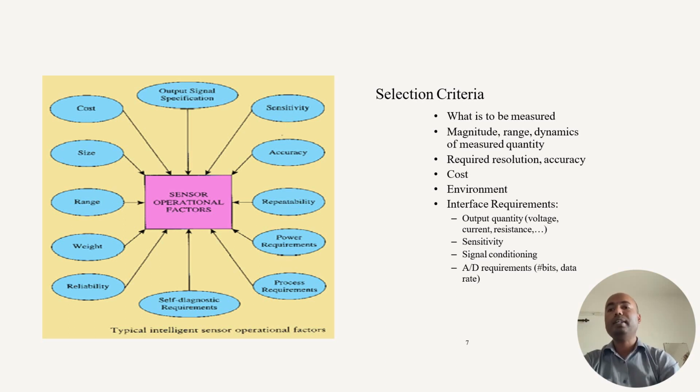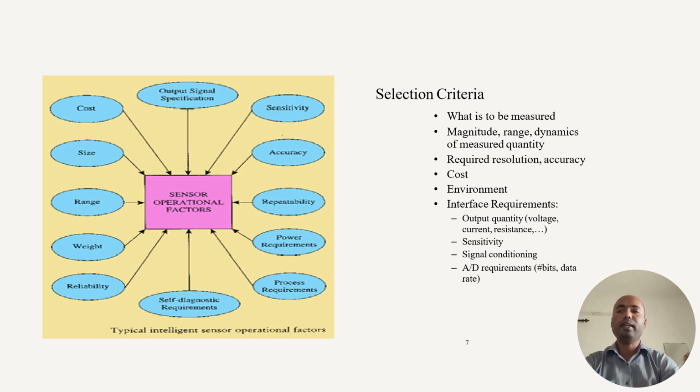Then reliability of the particular component. Reliability is a very important parameter because the sensors need to work in different conditions, different operational modes. So it must be a reliable one. It needs to withstand the life parameter. Based on that only, the manufacturer can give the warranty guarantee in all aspects.